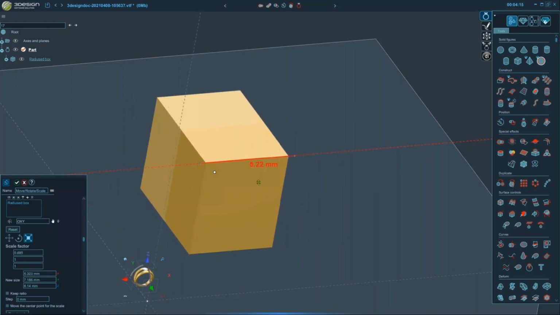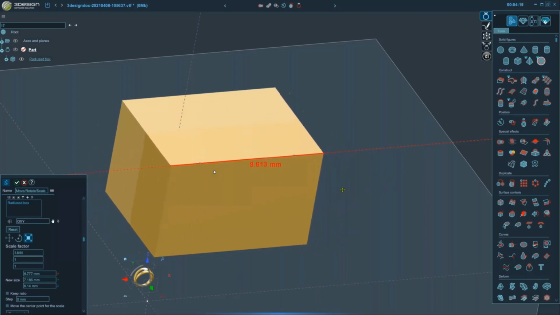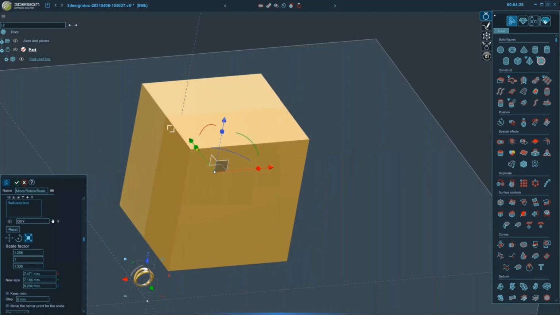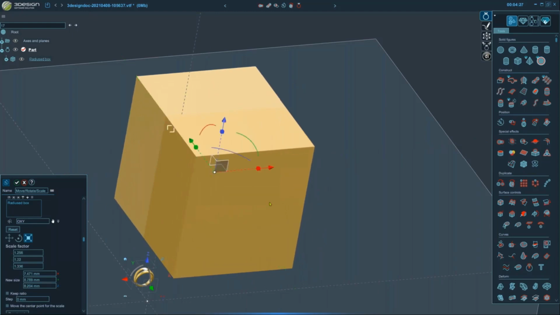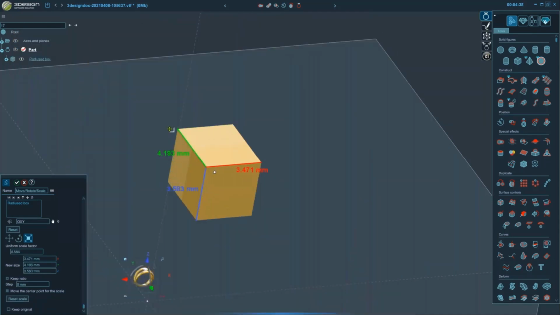Okay, so the cool thing is it does show you these little gray dots that shows the original size. So if you're just visually sizing something, you know how much bigger or smaller you're scaling it to. You can quickly do all 3 directions and how much we're changing them. And if you want to go back to a uniform scale, that's with the ratio checked, you can turn the ratio back on over here, or you just grab these little white arrows and it does all 3 scales at the same